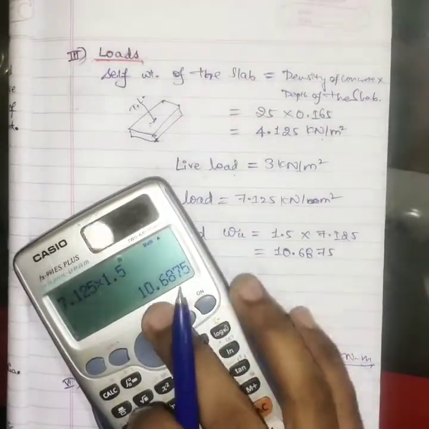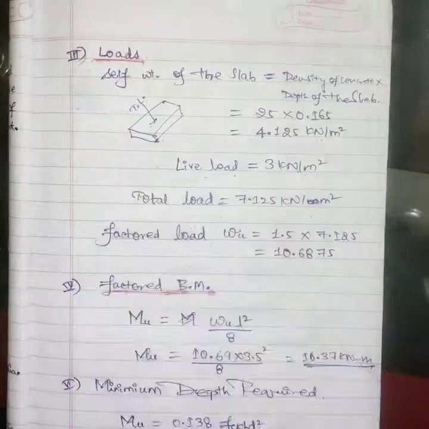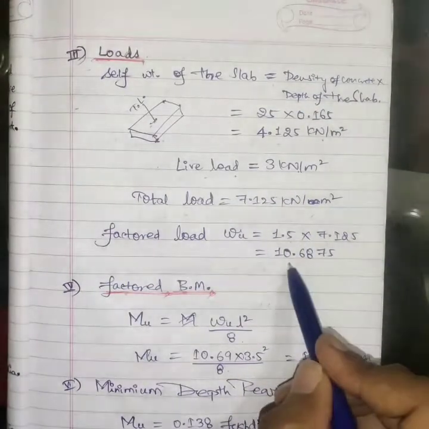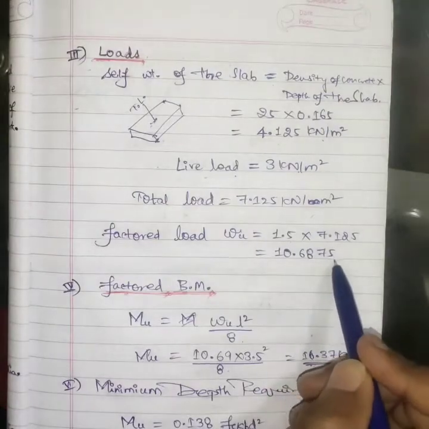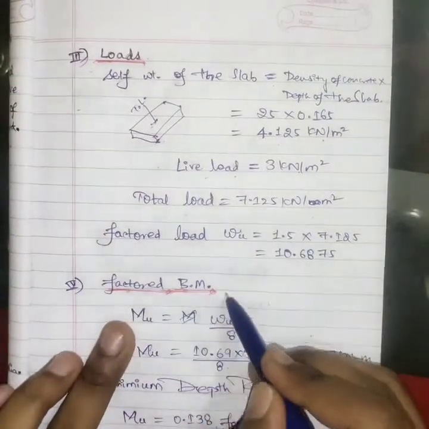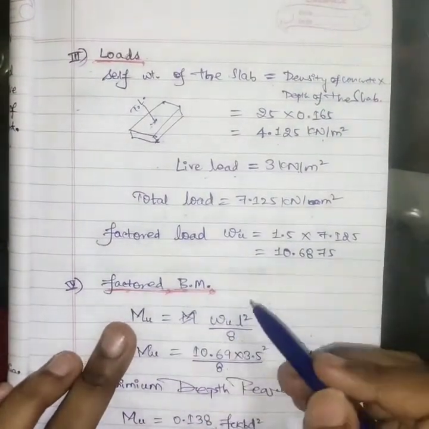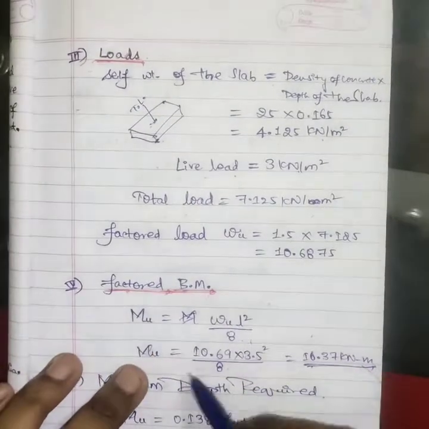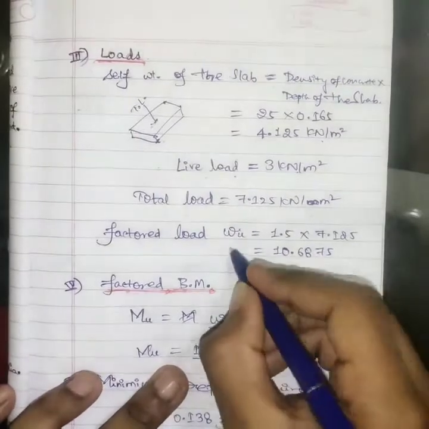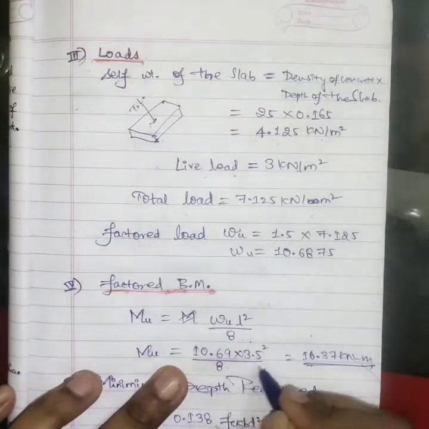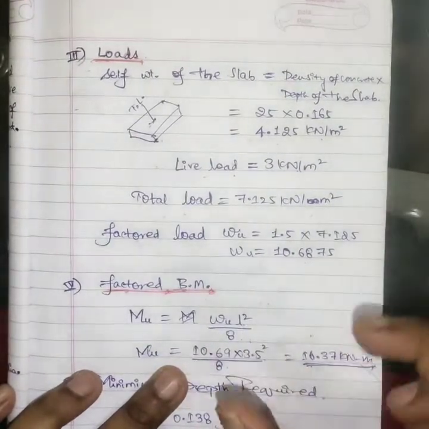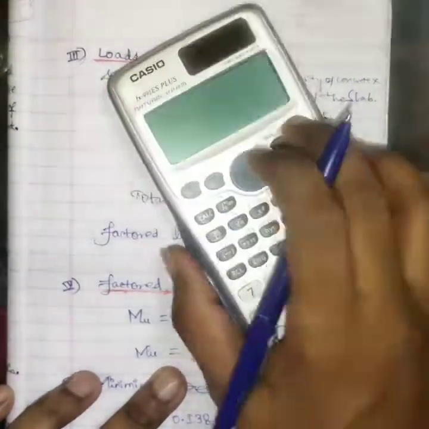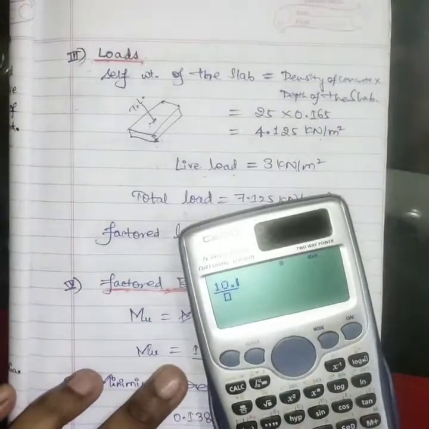1.5 into 7.125 is equal to 10.6875. Okay, factored bending moment: we need to calculate the bending moment first of all. Bending moment is equal to WL square by 8 for a simply supported slab. Therefore, the factored load Wu we have to take, into effective length 3.5, divided by 8. Therefore the bending moment will be equal to 10.69 into 3.5 square divided by 8,